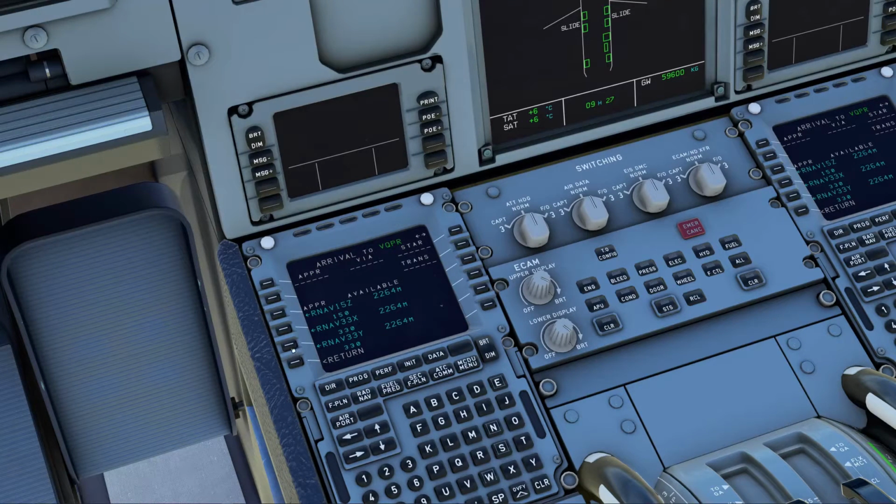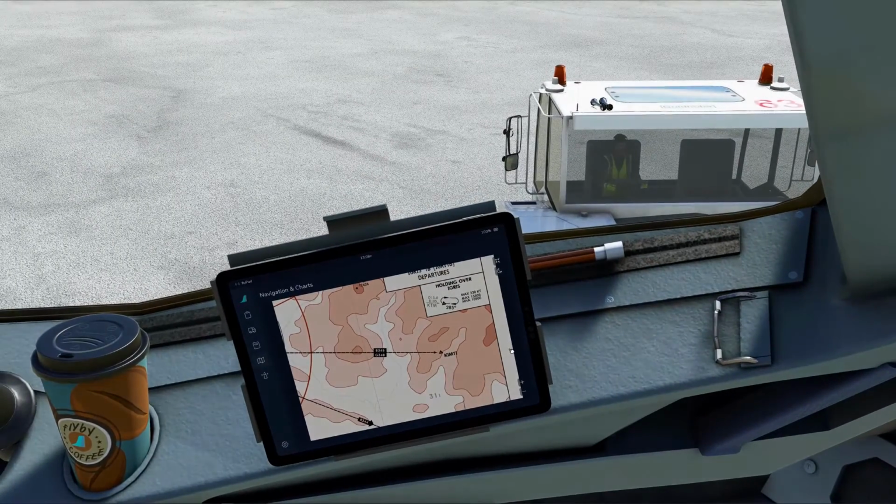Alright, we're going to be looking at the RNAV 33 Yankee. Okay, and we're looking at SUBSU 1. Okay, and as for the VIA, how are we going to actually arrive there? So we go back here.